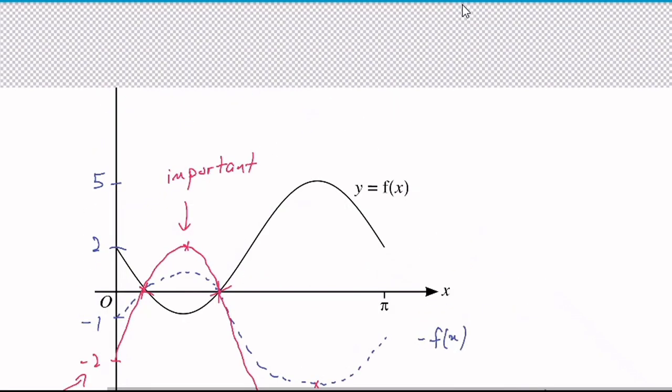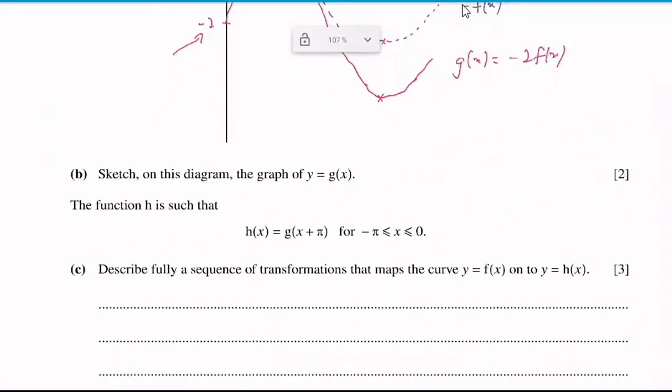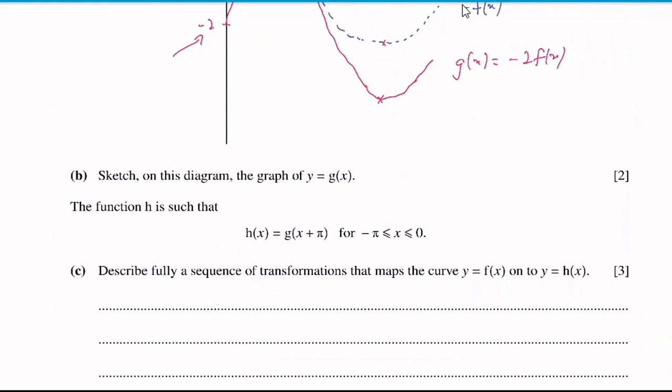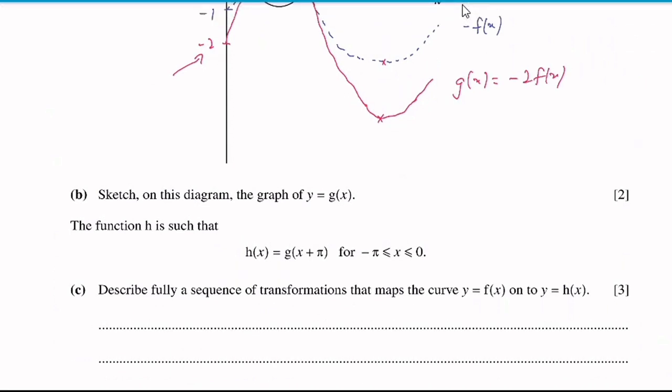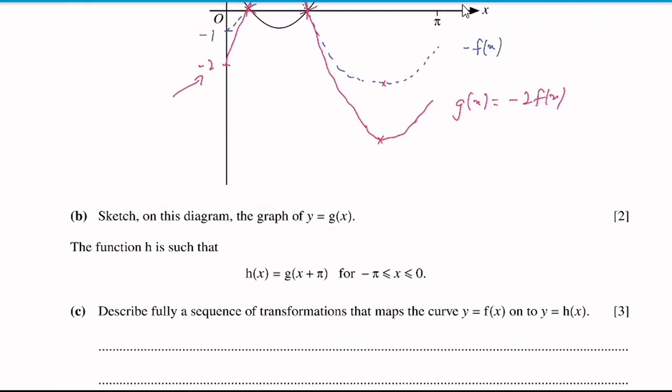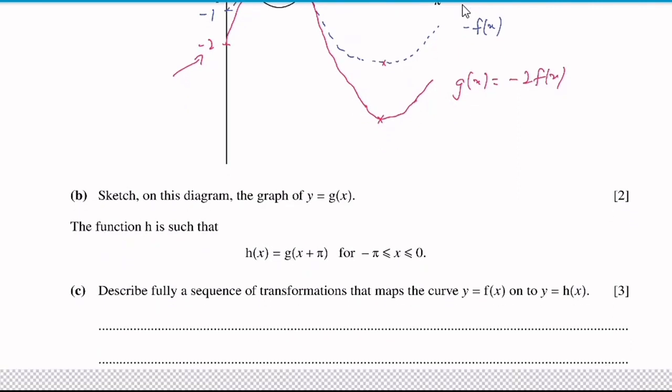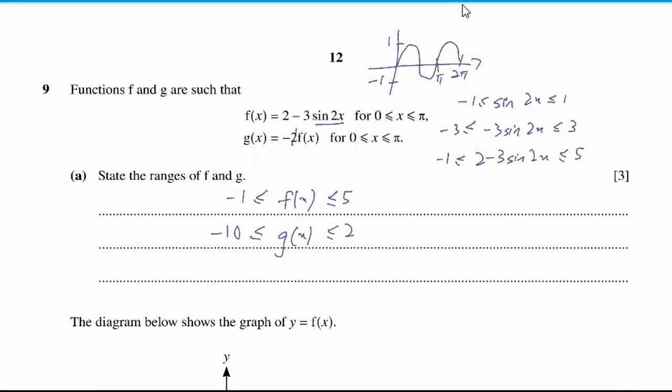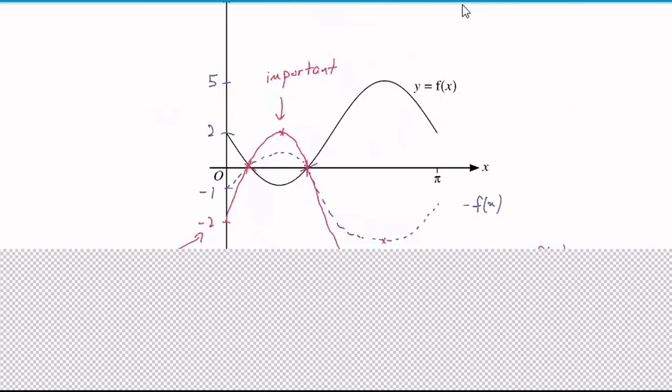Okay, there's another part there. So the function h is such that we have g, which is h(x) = g(x + a pi). Describe fully a sequence of transformations that maps the curve from f(x) onto h(x). So from f(x), we need to go to h(x). So it is f(x) to g(x), and g(x) to h(x). So from f(x) to g(x), g(x) is negative 2 of f(x). So that would be,